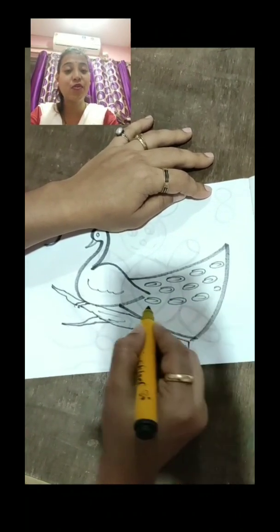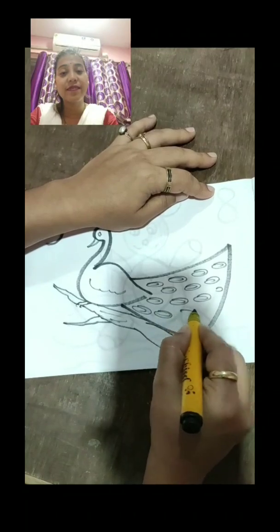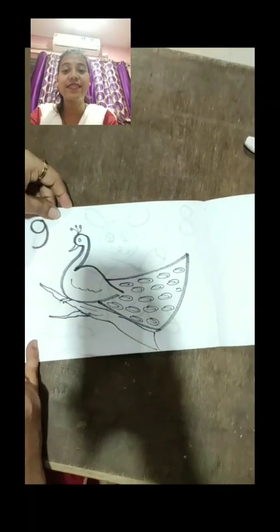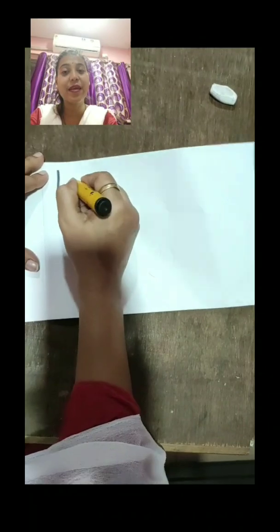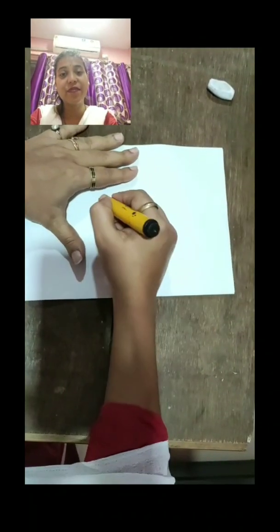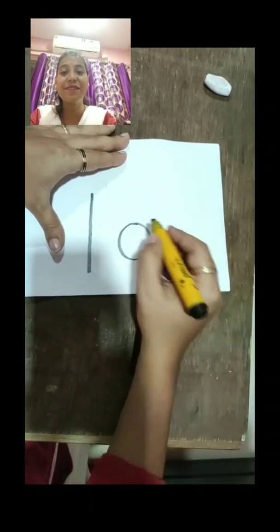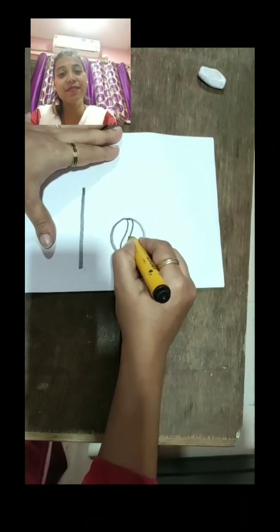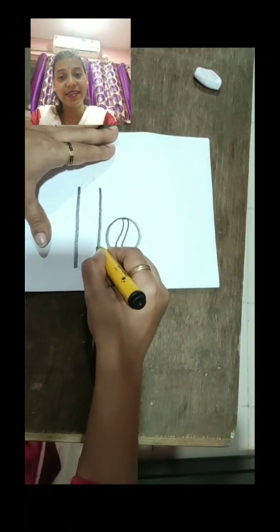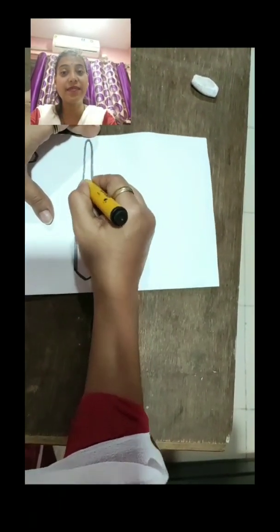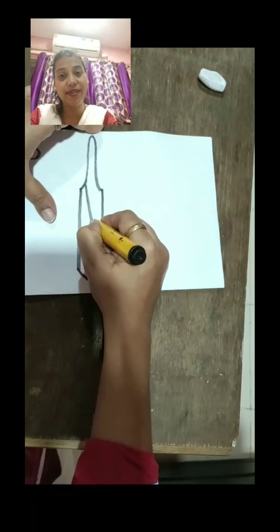So children, I hope you are liking this. Such a nice one, see, like this you can make. Then last but not least, the number 10. From number 10, 1 and 0, simple. From the 0 you can make a ball, then make one more line and make a bat. So that is number 10, bat and ball.